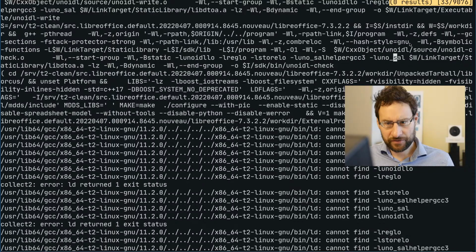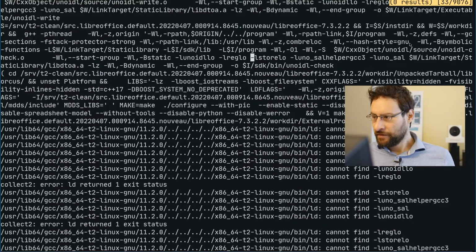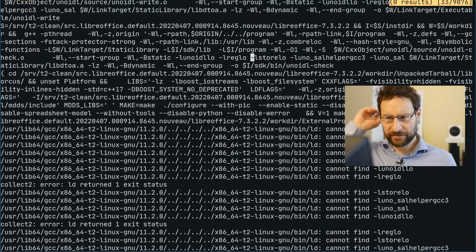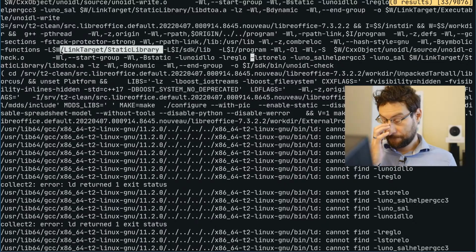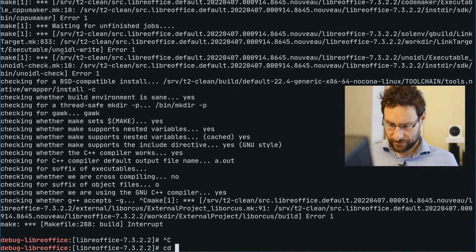Link target static, this is static library. But as it doesn't work, yeah, we have here static library, link target static library and not headers. Whatever crazy stuff they do there.